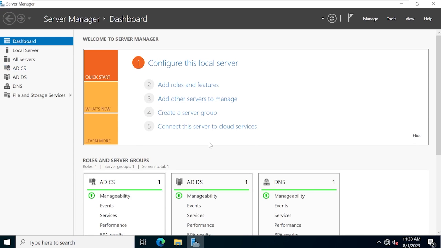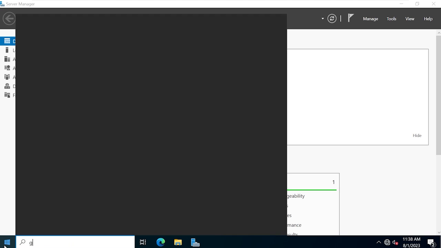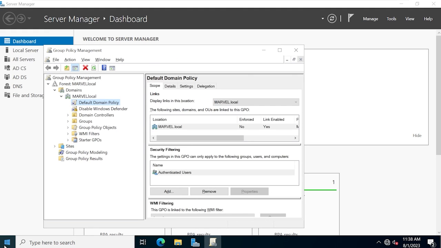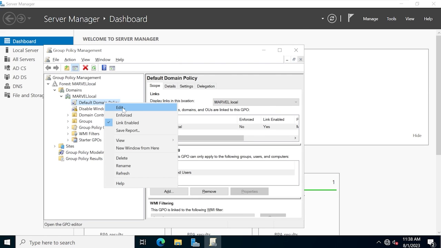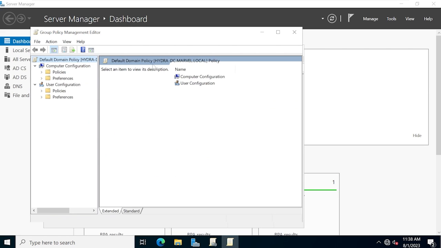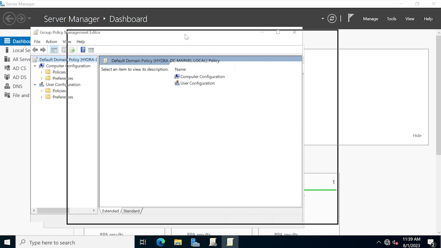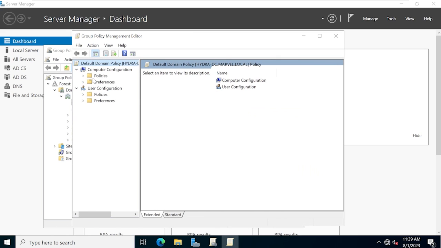So if I come into Windows Server here and I go into our group policy management, and this is similar to what we did with disabling Windows Defender, I can come in here and add a new policy. Just for simplicity, I'm just going to edit an existing policy. I'm not even going to push these changes, all right? So what I want to do is I want to make sure that I am following the directions, which tell me